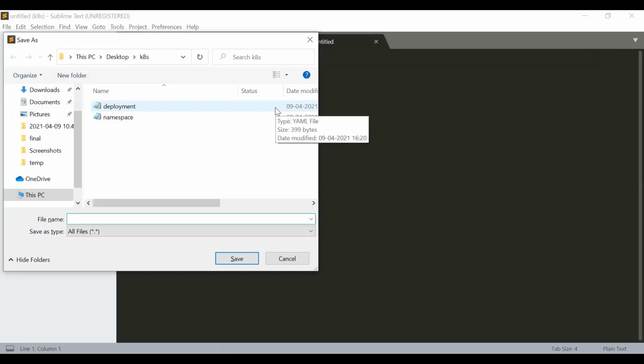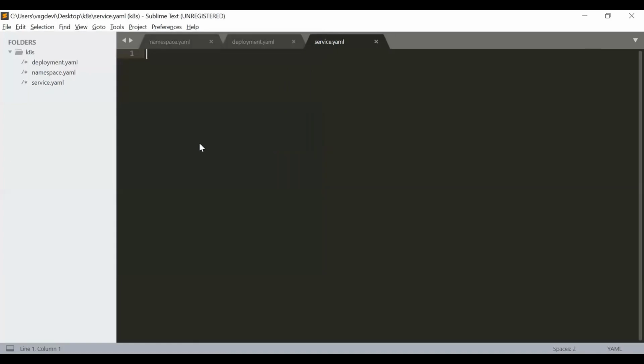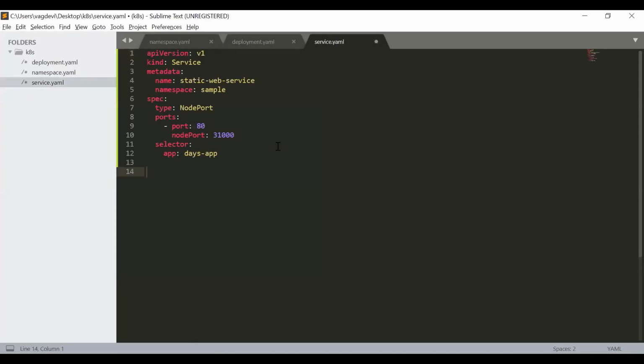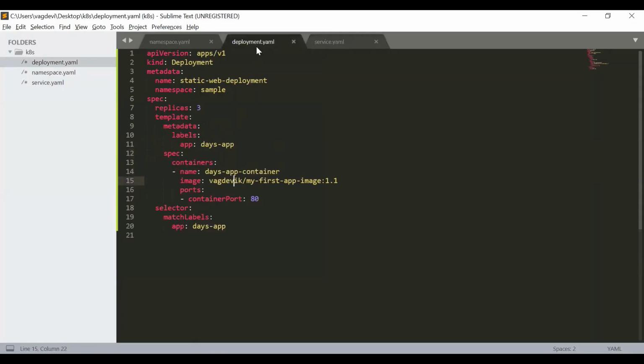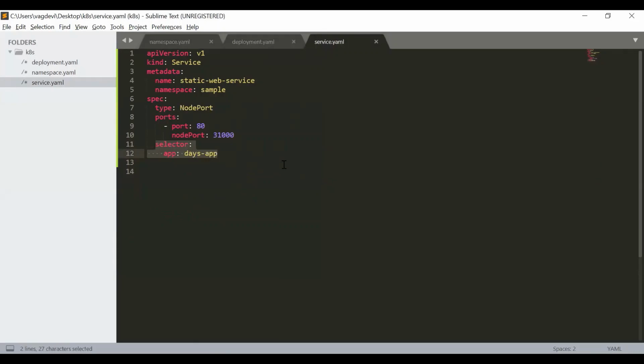Save it, and within the same folder, service.yaml, and I'm going to use the same code which we have discussed previously, and save it. So we have opened port and node port, and the selector. Through this selector, it will know that this service is associated with these pods. Okay, the name of the service is the same.